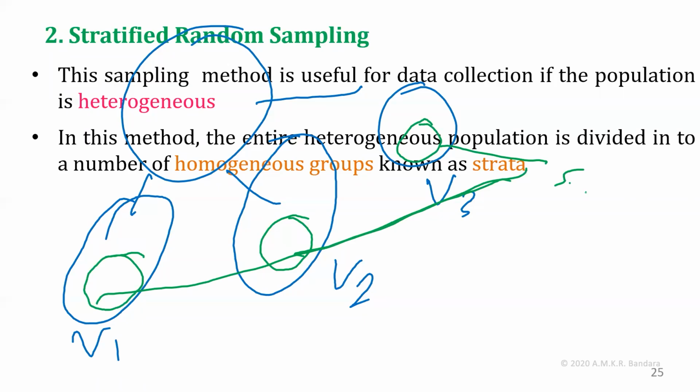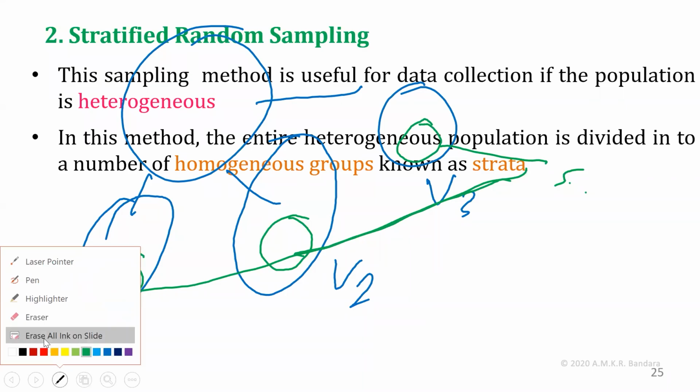So the auxiliary variable is another variable that is affecting our variable of interest. In the first case, height. In the second case, paddy yield. If another variable is affecting, then we have to group or divide the population according to that auxiliary variable and select individuals or subjects within each stratum.